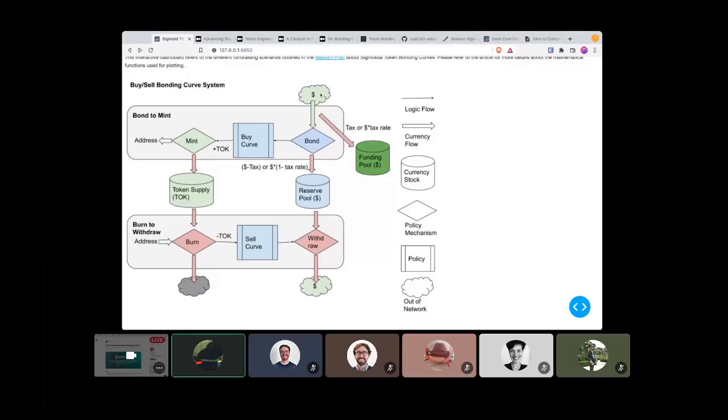And so if tax is non-zero in this system, then the buyer is always giving up money in their purchase. They're going to sell for less than what they buy for. And so they're just, by virtue of participating in this ecosystem, deciding to contribute through their tax to funding the research initiatives that are going on. But this reserve pool does allow for the value of the token to be established, and as with a traditional bonding curve, you can sell off your tokens or burn them and get back your currency that the bonding curve is mapped to.